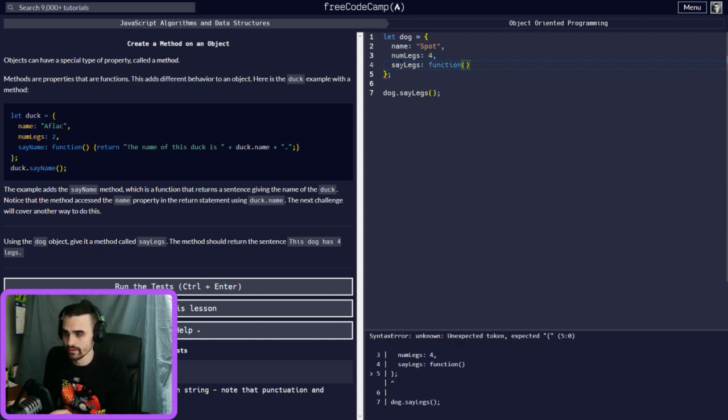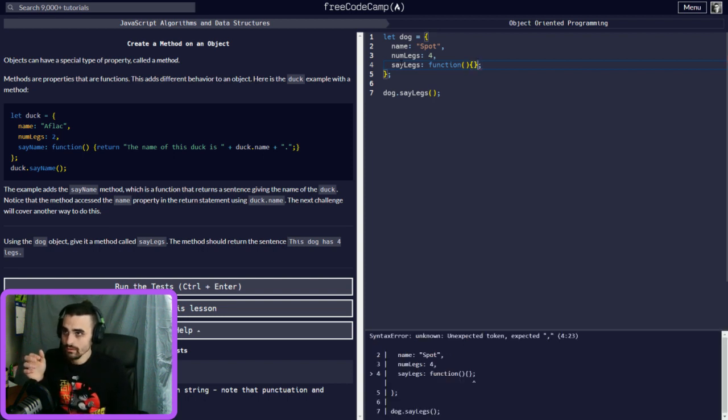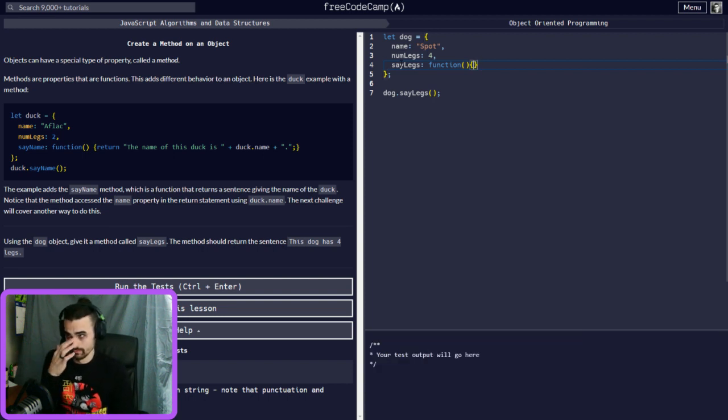And then in here, we could do our function like this, or if it's pretty short, we can do it like this. Oh yeah, we don't have to use that. So in here we will have to return, because we have to bring it back. We have to return something if we're calling it. I guess you don't really have to, but in here we're going to.